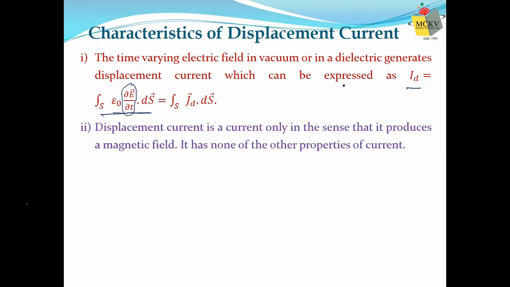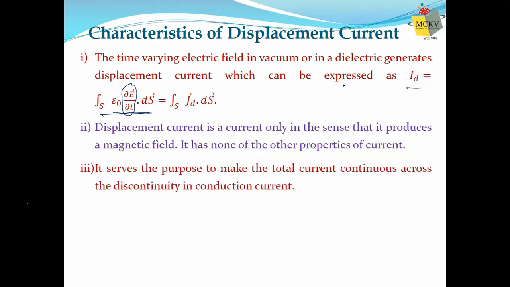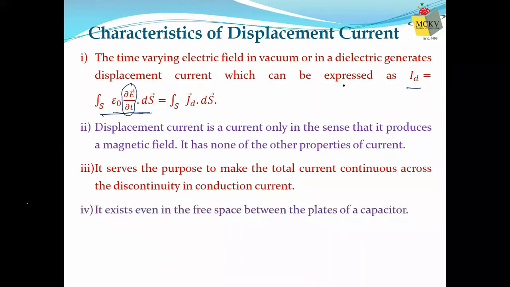Like we know that Ohm's law is valid in case of conventional current, but here there is nothing called Ohm's law because there are no actual charges present here. It is the rate of change of electric field only. There is no actual flow of charges, but it is very effective when there is a discontinuity in the normal current flow. I'll show you. So in that situation, it is very important.